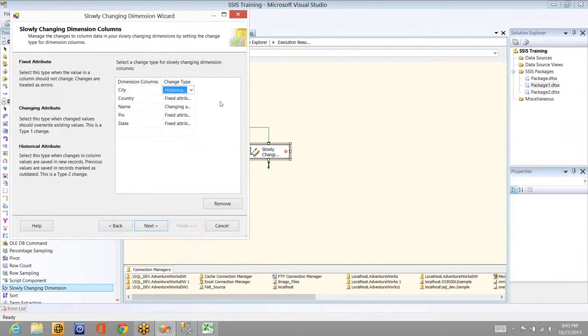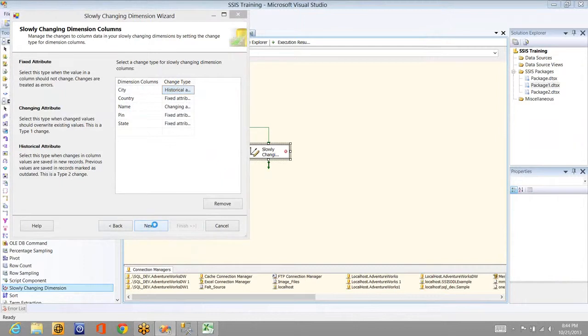So whenever there is a change in the city, then only a new record will be inserted. Whenever there is a change in country, pin, and state, nothing will happen. Whenever there is a change in name, it will override. Now we are going to see the same. You understood, right? The configurations, the change types I have set here.